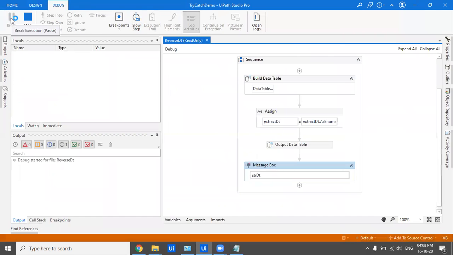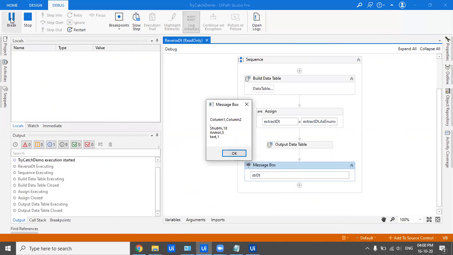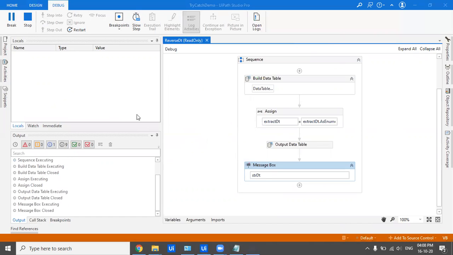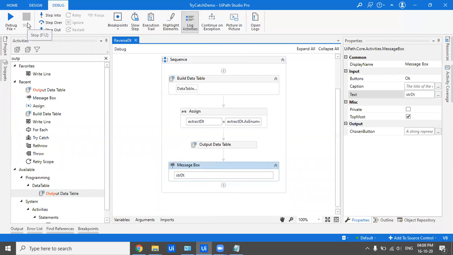So output data table, this also is a small trick, or maybe it wouldn't strike you at the moment. Sometimes you are asked this thing in interviews even, that how can you convert a data table to a string? So you can convert it using output data table. So now we got this output, so we can see the last row is on top and the first row is at the last. So this is one thing, how you invert or turn your data table upside down.